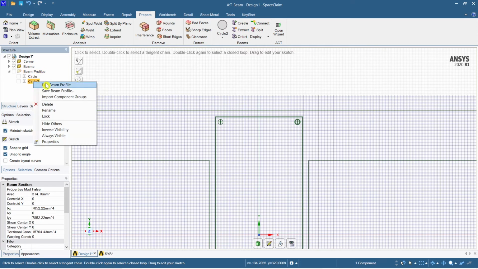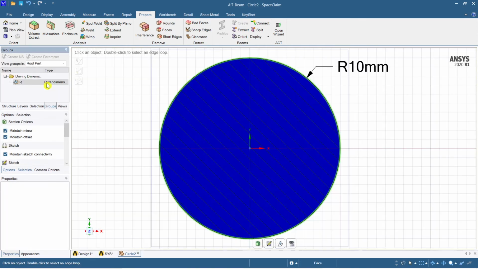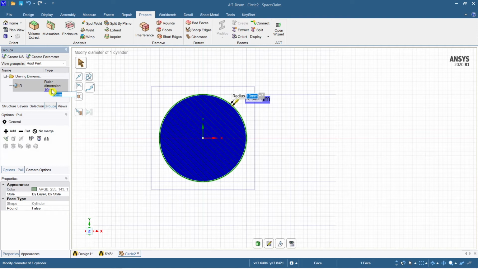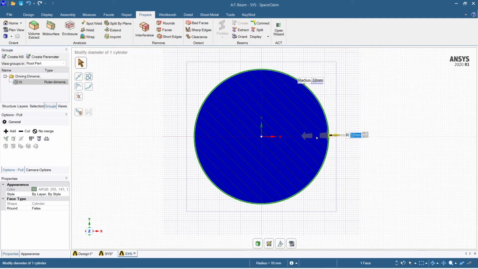Now we have to select circle 2. Now the radius will change here. So now we are going to change the radius. We are making this 32 mm. We are just changing them to 32 mm dia. Okay, so fine.